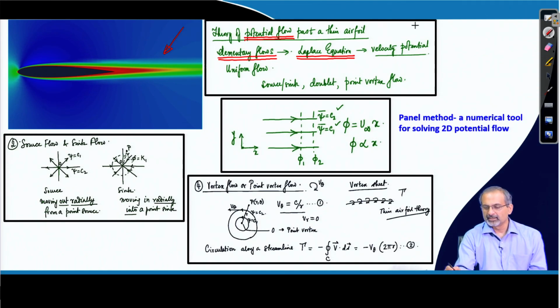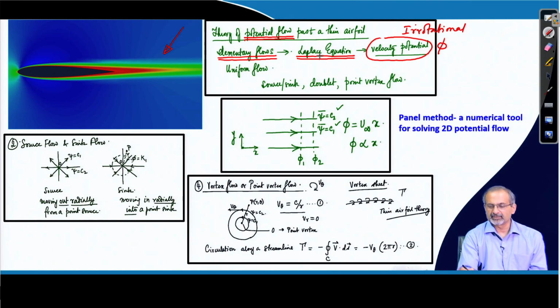So, once you have the condition of irrotationality, you have the existence of a velocity potential phi, and you can then say that the phi distribution in the flow field can be obtained by solving Laplacian phi equal to 0